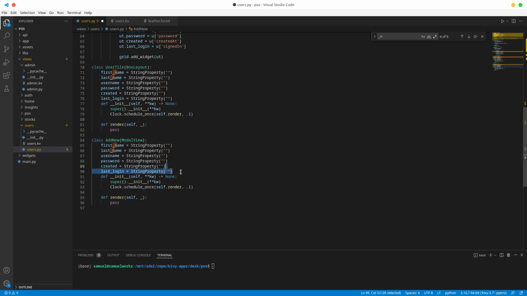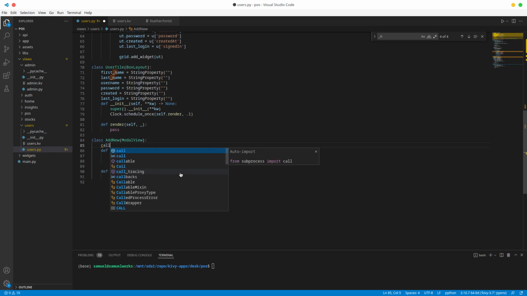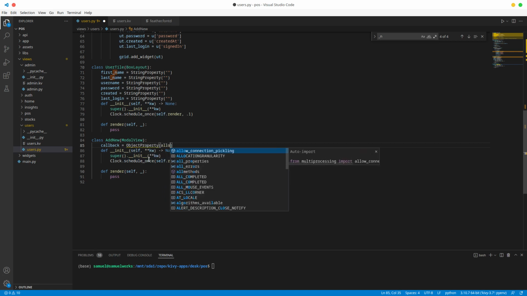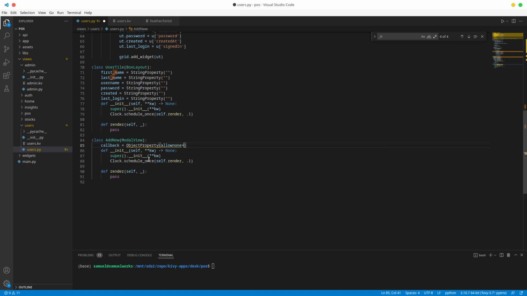and it doesn't need all of this. It's going to need a callback though. So the callback is going to be an ObjectProperty. We don't have that yet. Alright, so we're just going to do allow_none equal to true. And we're going to fix this in a second, so don't worry about it. And for now, for our modal view,